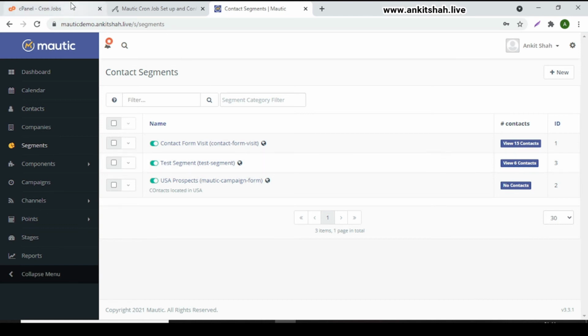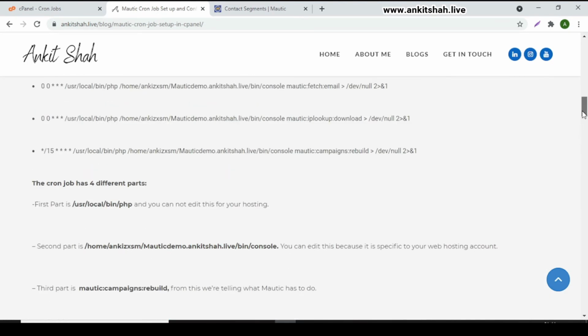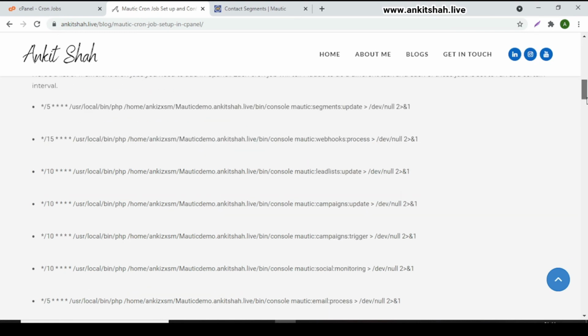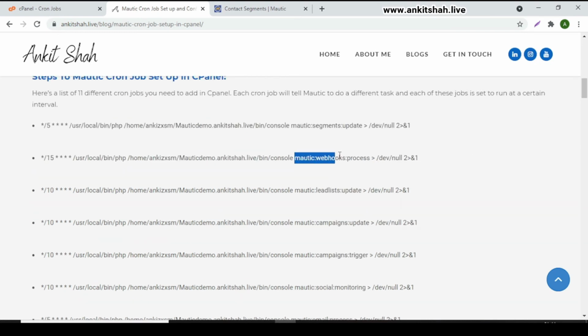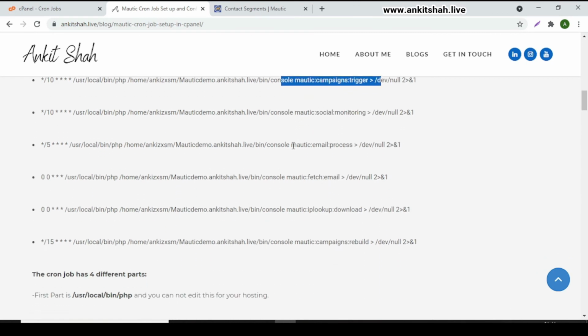Now you have to add the other cron jobs. I have provided all the cron jobs which I am using right now on my Mautic. You can see Mautic webhook process, Mautic lead list update, Mautic campaign update, Mautic campaign trigger, Mautic social monitoring, Mautic email process, Mautic fetch email, Mautic IP lookup download, and Mautic campaign rebuild.